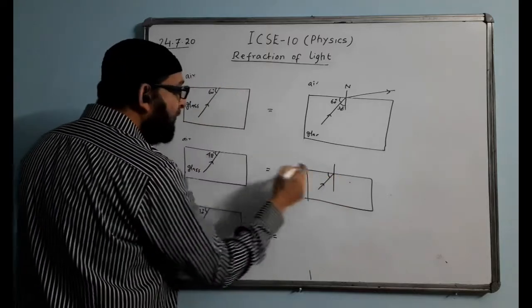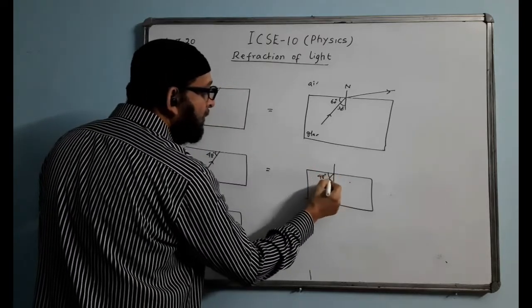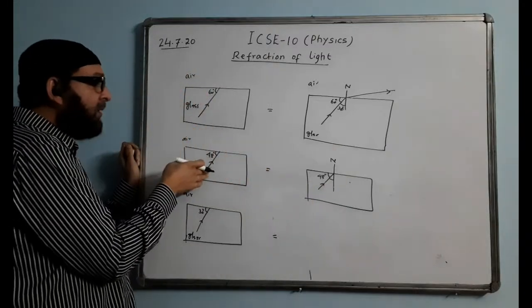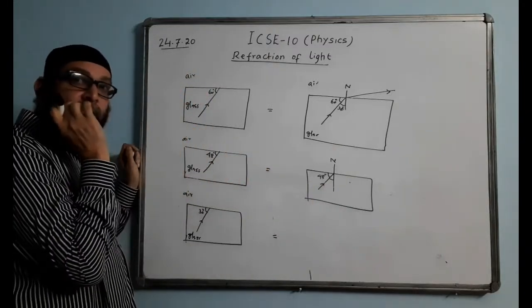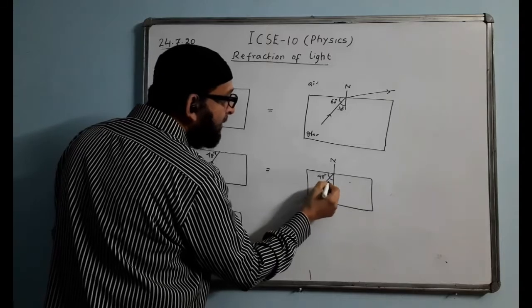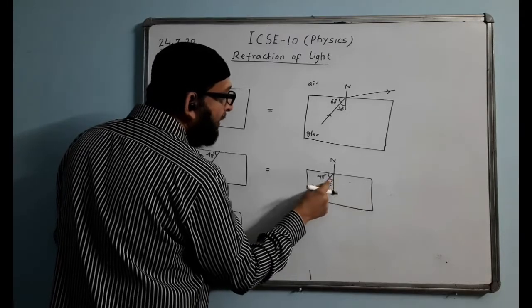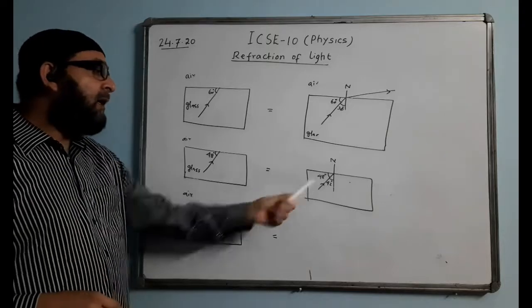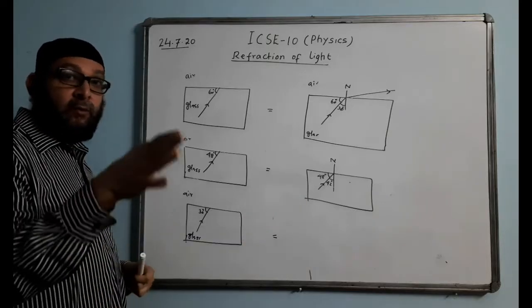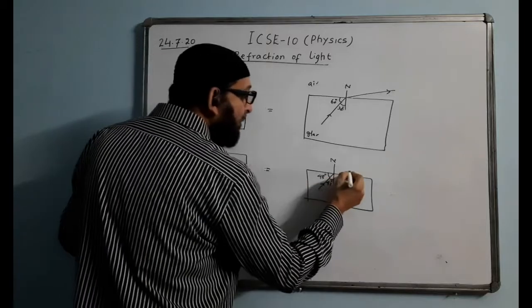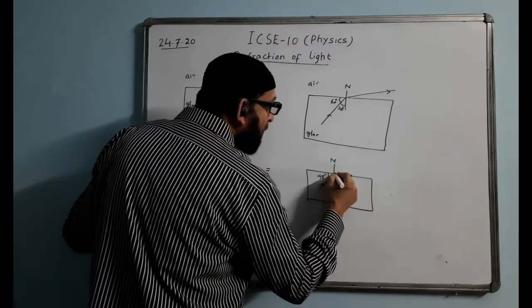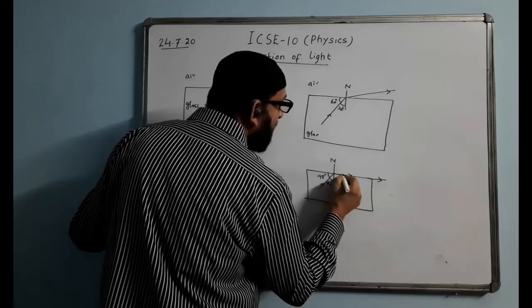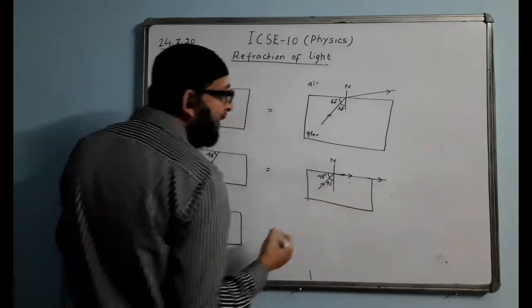This angle was given 48 degree. So we will draw the normal. Normal we must draw, because this is the ray given without normal, so we must draw the normal first. This angle will be 90 minus 48, that means it will be 42. 90 minus 48 gives 42 degree. Here we find the angle is exactly equal to 42 degree, which is equal to the critical angle. That means the ray will just touch and go like this. The ray will be just touching and going this way. That means this angle is exactly 90 degree.